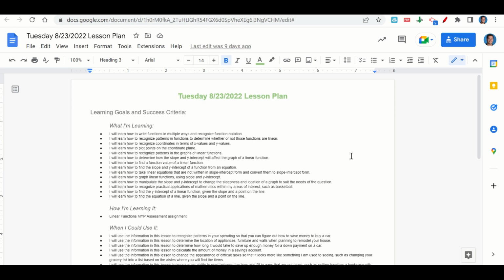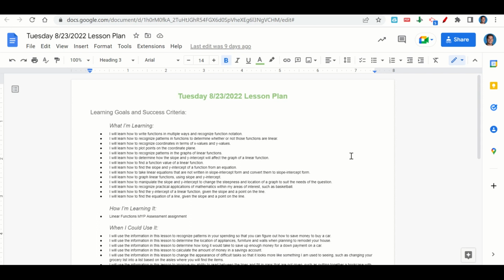determine whether or not those functions are linear, how to recognize coordinates in terms of x values and y values, how to plot points on the coordinate plane, how to recognize patterns in the graphs of linear functions, how to determine how the slope and y-intercept will affect the graph of a function, how to find a function value of a linear function, how to find the slope and y-intercept of a function from an equation, how to take linear